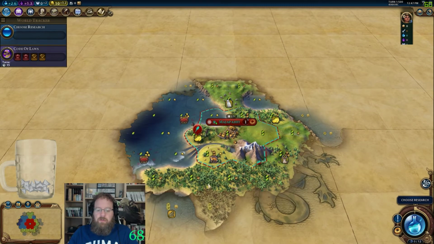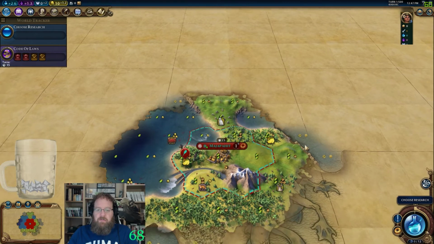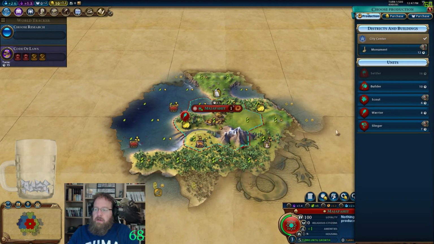So, some open land down here. I'll have to hope that there's some space and some fresh water here and there for us to expand to. 5 turns on growth. Thank you to that 3-2 tile. Let's go ahead and grab